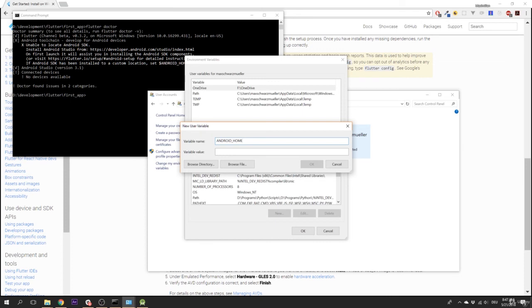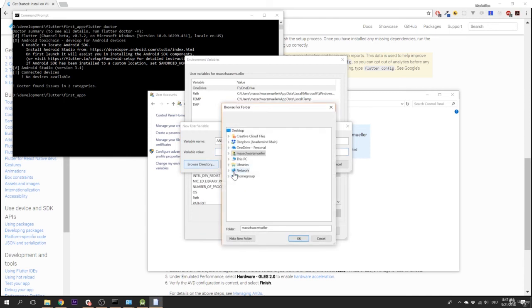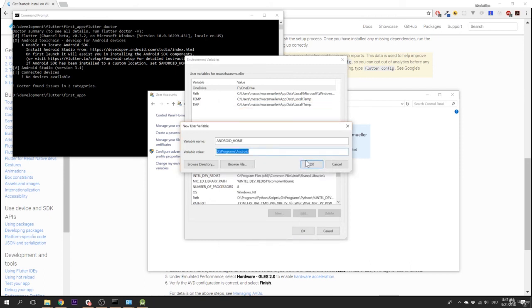Now, with that name defined, you need to define a value, and that simply is a path pointing to the Android SDK. You can click Browse Directory here to choose the Android SDK location, and there simply choose the location you selected in the wizard which ran when you opened Android Studio. In my case, it's the Android folder. It should be this folder which has a platforms, emulator, and so on subfolder. Simply hit OK with the root folder selected,